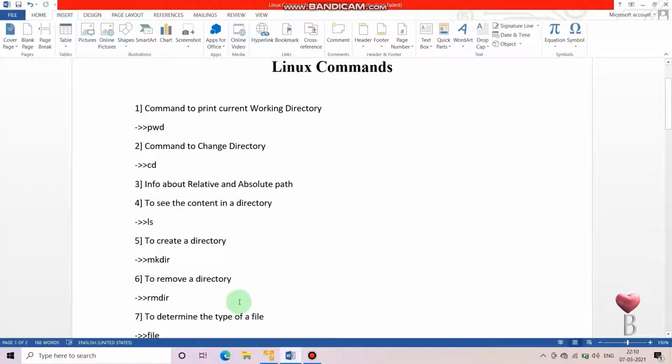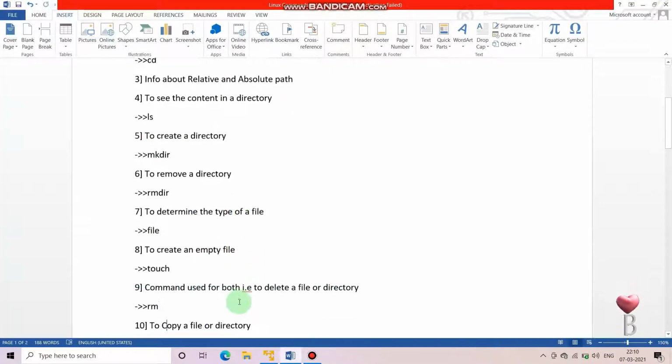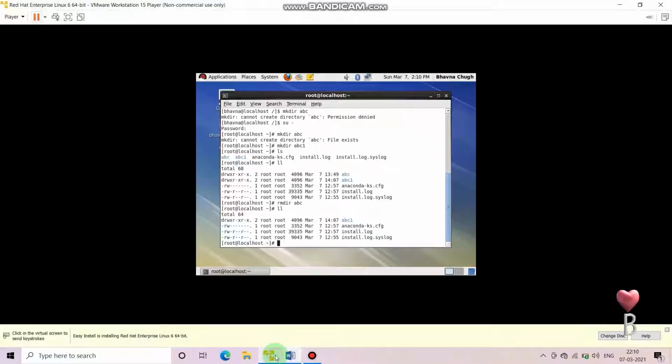So now we will perform the next command, that is to check the type of the file. First we'll create the empty file using the touch command. Touch command is used to create the empty file. It will not allow you to take any data. So touch space file name,